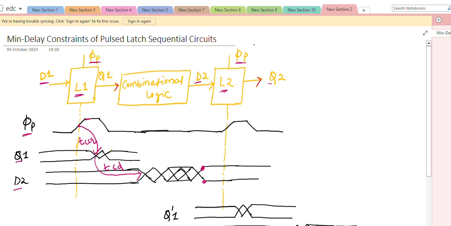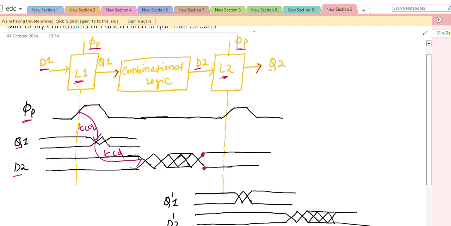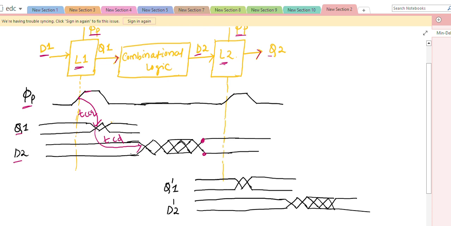Now we'll see what occurs in latch L1 and latch L2 in the second pulse. When the second pulse comes, the same latch L1 will try to transfer the next D1 to a new Q1. It will take a new D1 and form a new Q1, which I am representing as Q1 dash. Then that Q1 dash will be given to the combinational logic and it will create a new D2, which I am calling D2 dash. Whenever it creates the new D2 dash, the new D2 dash will overtake the old D2. Consider this is my old D2,